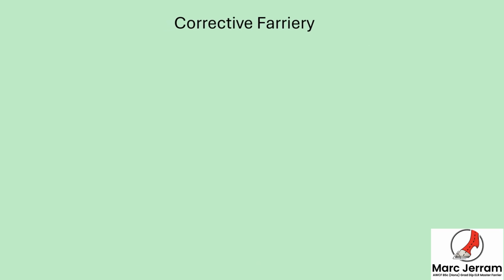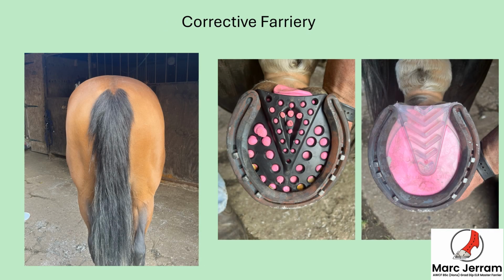In terms of the hind feet, we see two different styles of pads here. For the left hind, which is already higher, I used a flat full sole frog support pad with a 20 shore impression material, so it's nice and soft for loading upon. On the right hind, I used a 3-degree graduated frog support pad, again the same type of impression material, 20 shore hardness. What this did was help to level up the tuber coxae heights,